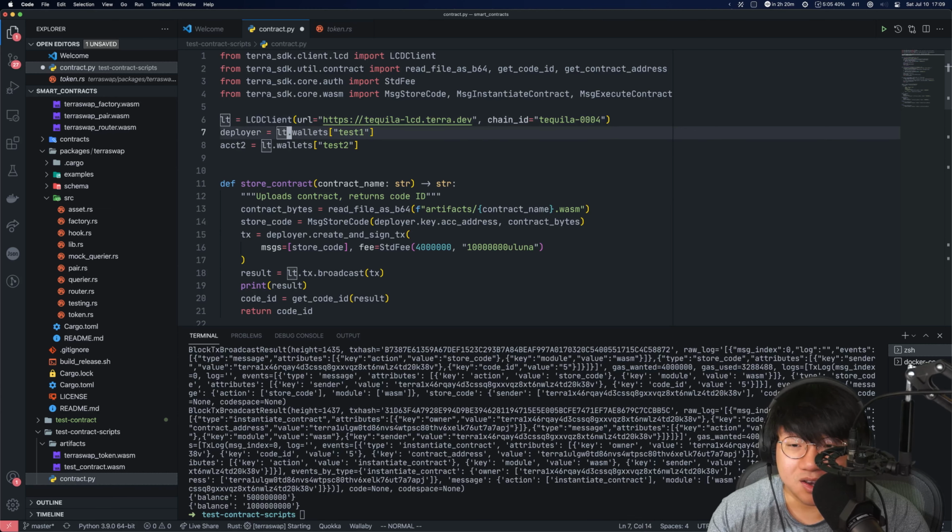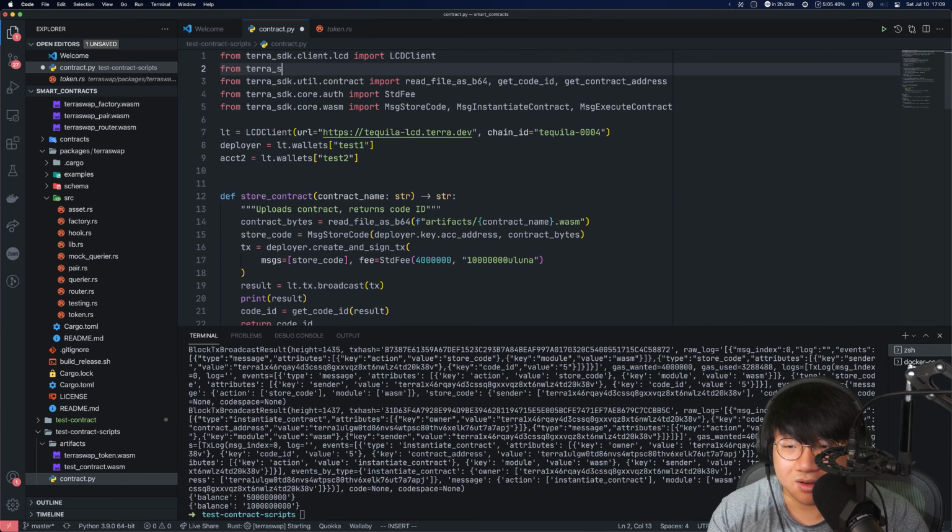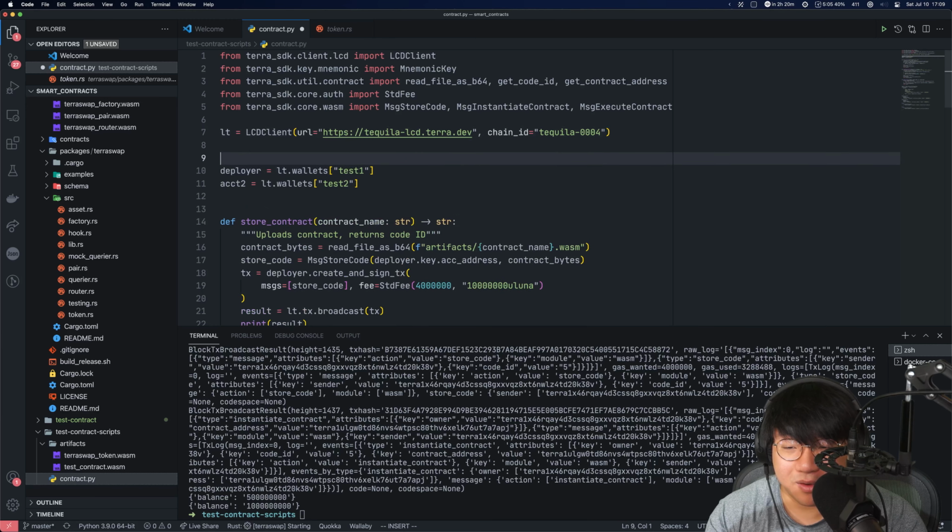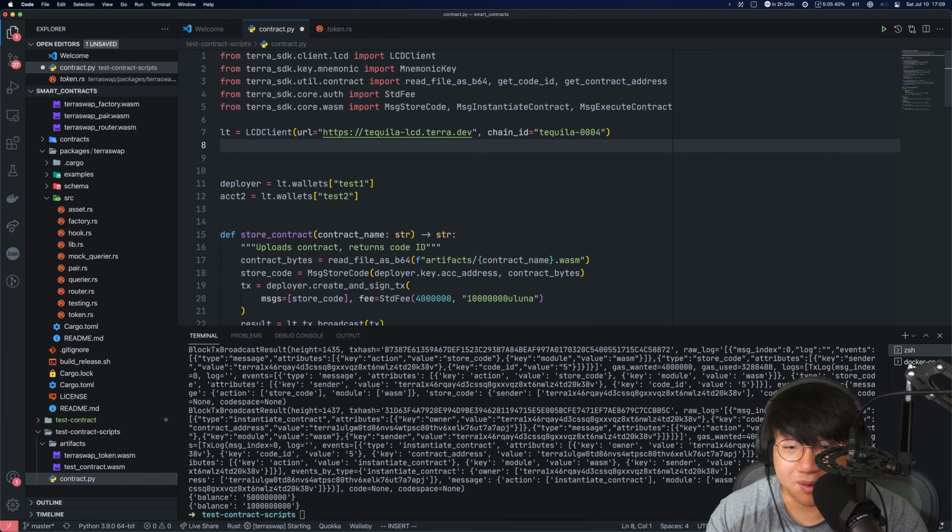Okay, now we need basic accounts here, so we also need a mnemonic key, and so let's just, before we execute anything, make a mnemonic key.